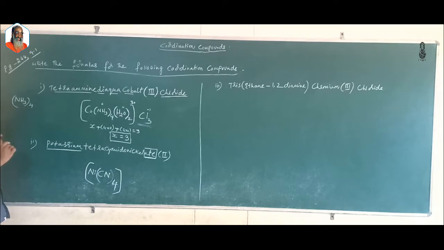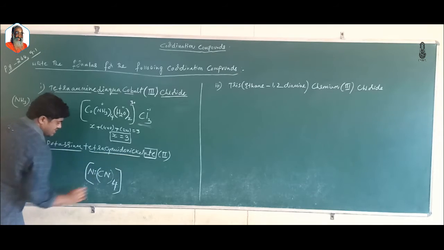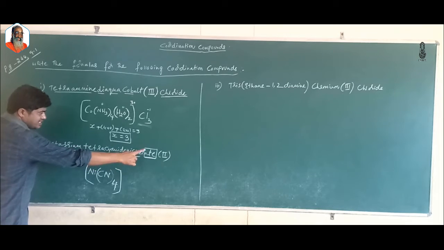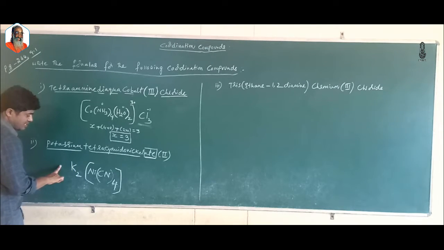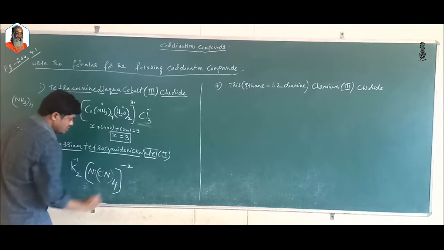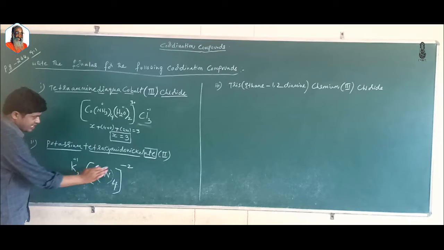When naming, you first give the name to the cation, but when you are writing the formula, first you concentrate on this. Tetracyanidonickelate, you write. Then the 2 is saying the oxidation state of nickel is 2. So there should be 2 potassium atoms outside the coordination sphere. Each potassium ion carries a charge of +1, +1 into 2 is +2. So what should be the charge on the complex? It should be -2. Then it should carry a charge of -2.